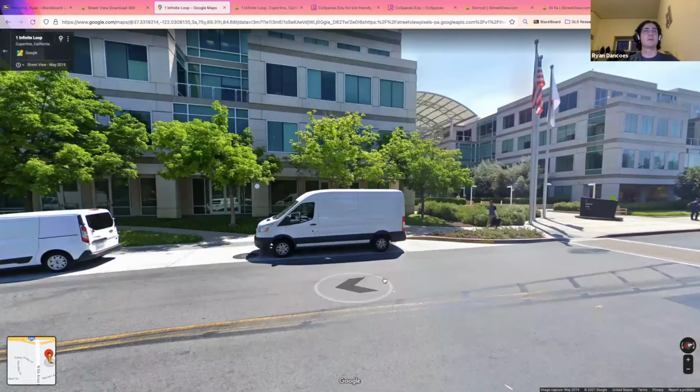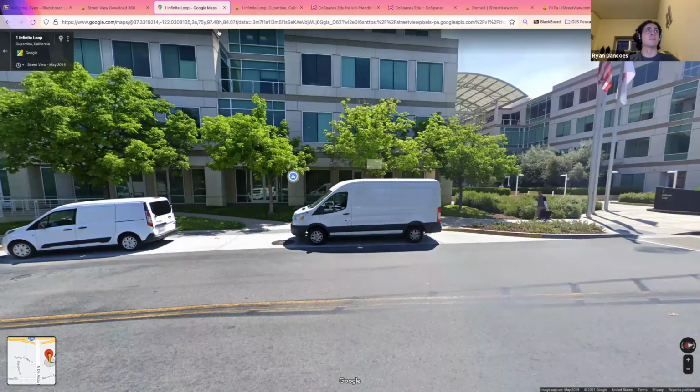Now from here, we've got to find the panorama ID for this image right here. So in order to do that,